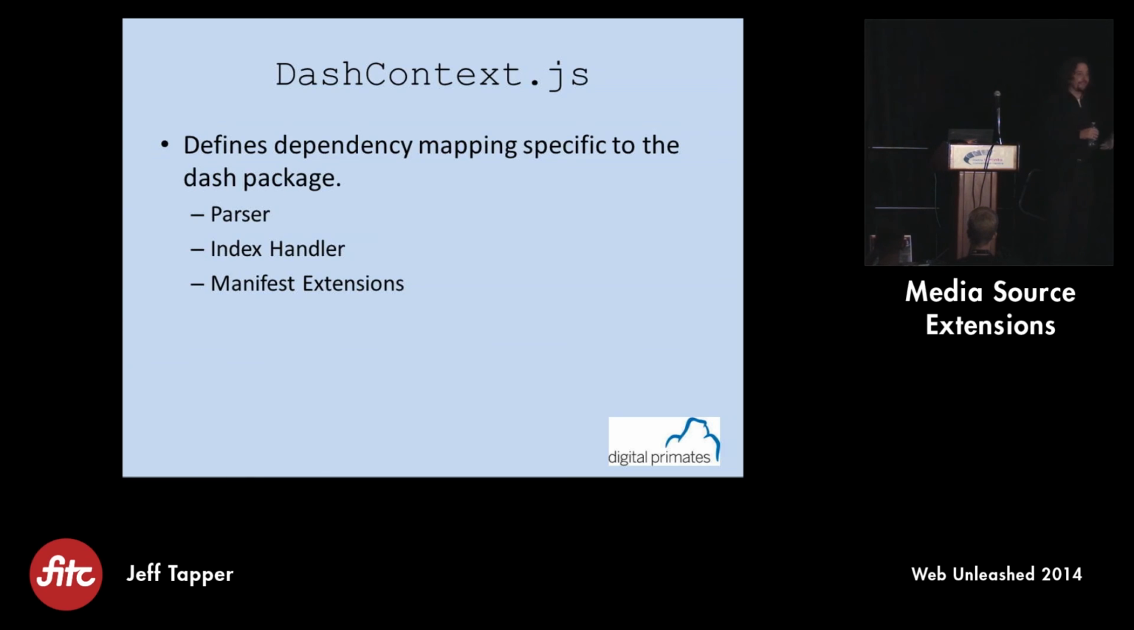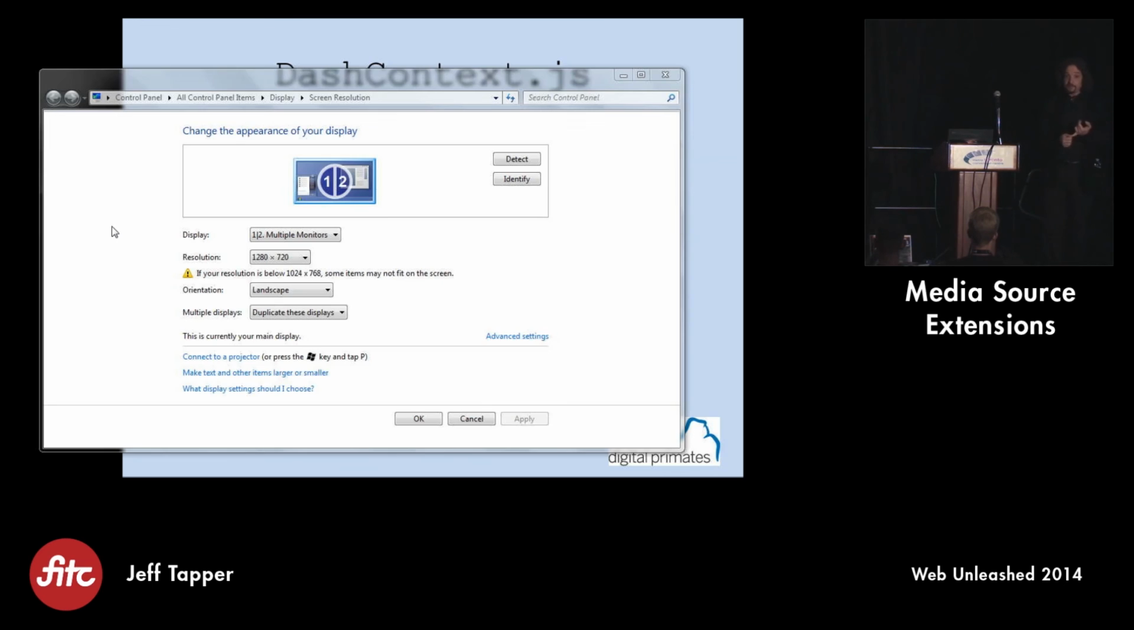And so ultimately, our index handler has two core methods. It either has the method of getNextSegment, which will take a single argument of which bit rate should I get it for, or it has the other method of